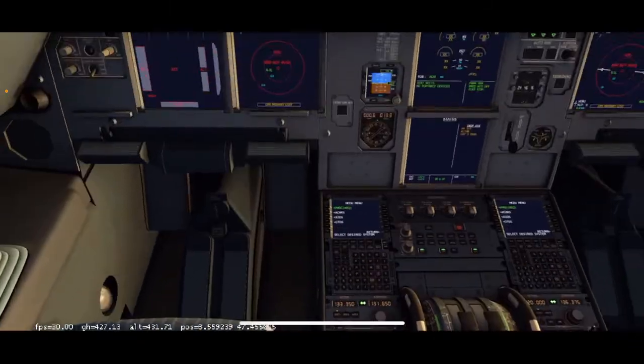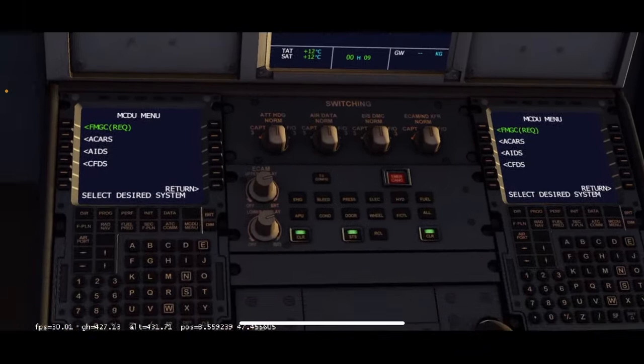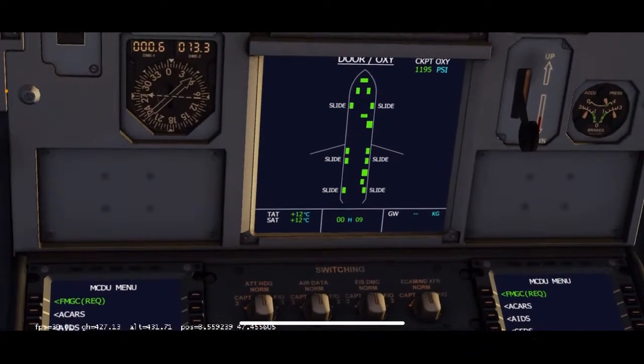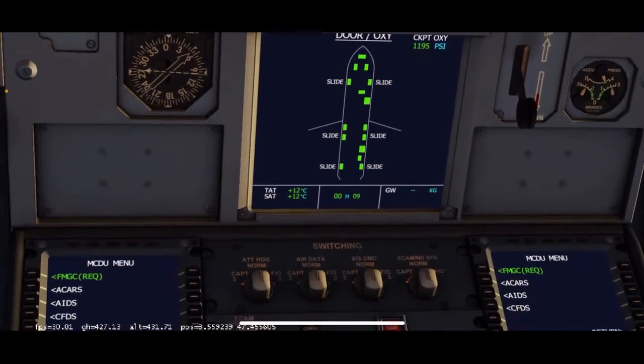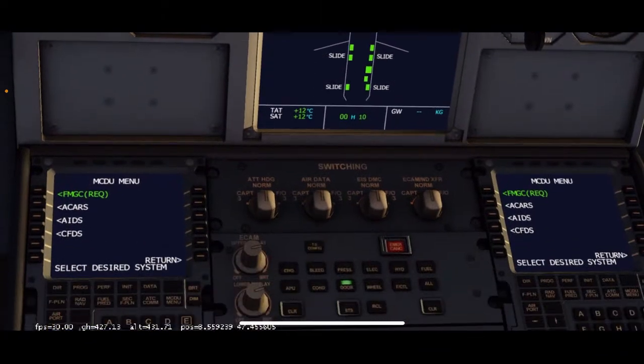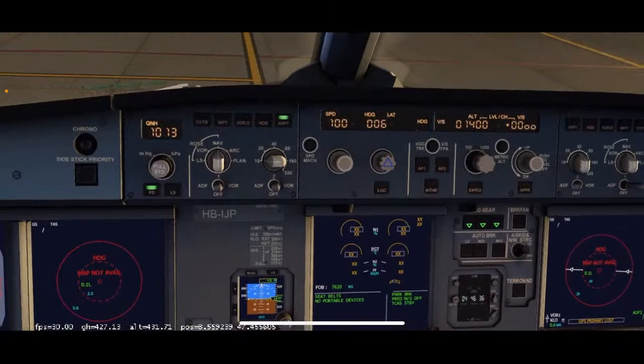So what you would do is, I'm going to very slowly show you guys. You go down here and you press door. Boom. All green. You want them all green. You don't want any yellow. You don't want it to say door open. All green, because one of them does work. Let's go back to status. So make sure that that is checked.